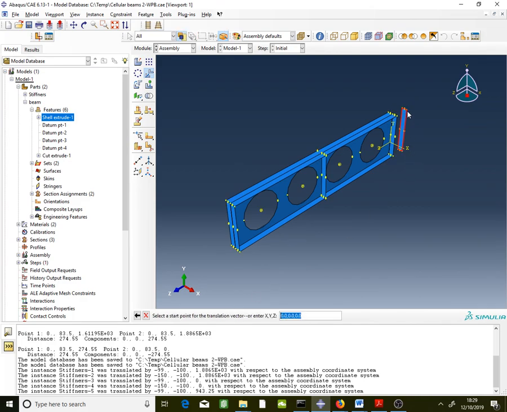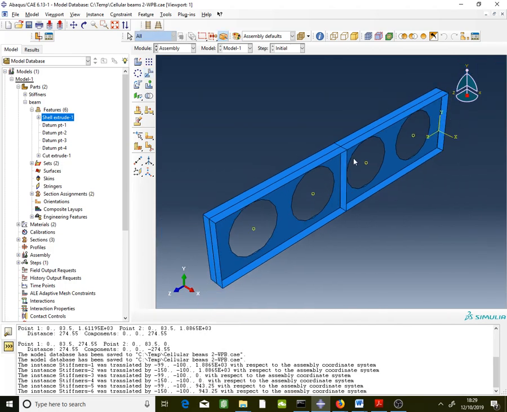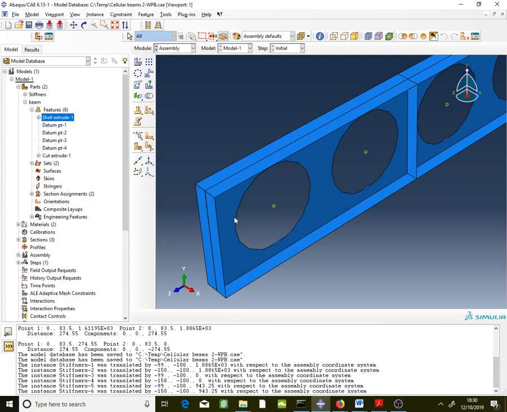And you bring that stiffener. You zoom it in. You click there and done. Now you place the stiffeners. Now, indeed, the stiffeners are placed on the beam, but there is no defined interaction between the beam and the stiffener. So what you have to do,